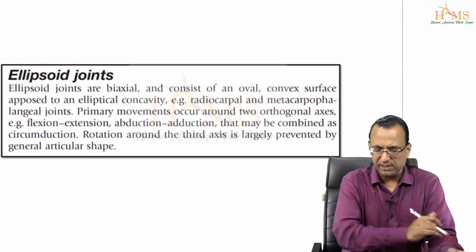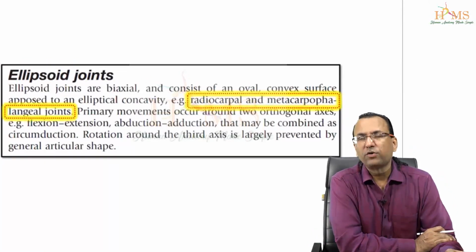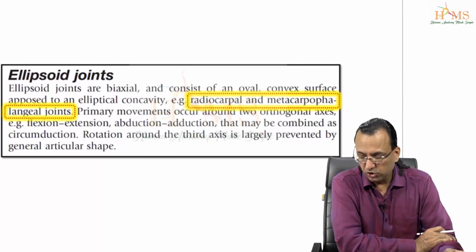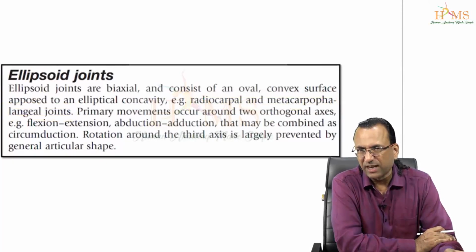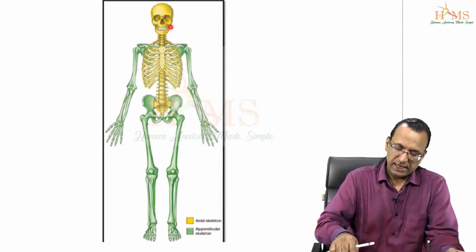Why are you showing Gray's anatomy here? Because there are controversies. Try to follow Gray's anatomy if possible. So, both of them are ellipsoid. Yes. Can you show me the knuckle joint? Yeah, the knuckle joint will be shown, but even the